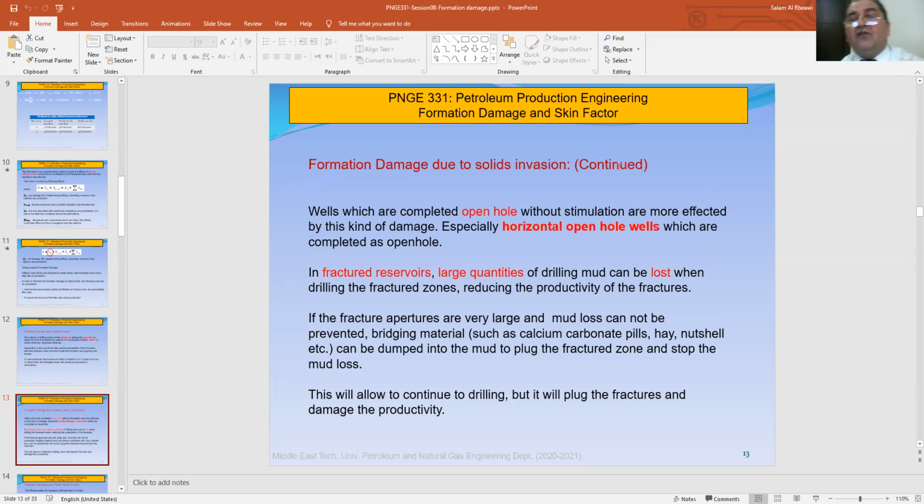And as you know, guys, some of the horizontal wells could use the open hole completion. Yes, the open hole completion could give you a really very big cross-section area of flow, but it will be really very critical in terms of the formation damage. Same thing if you have